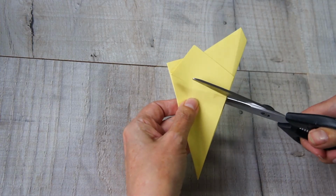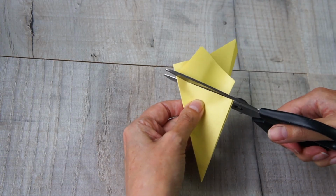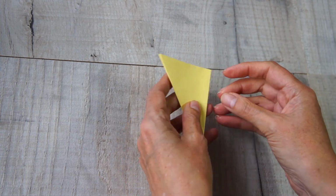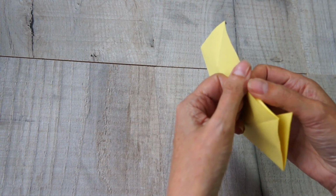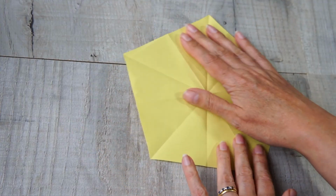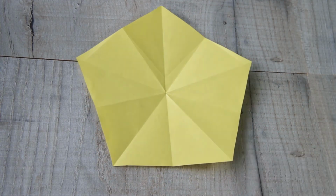Now you're going to take your scissors and cut along that front edge, the top of the front piece of paper. Get rid of your spare bits, open it up, and you should have a perfect pentagon to make what you want with. I'm going to make a 5-pointed star with mine,